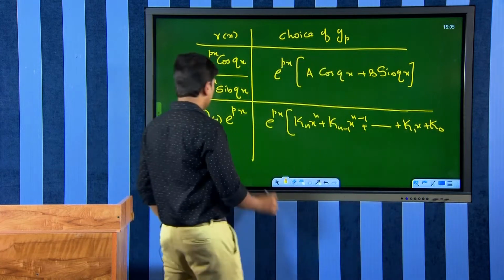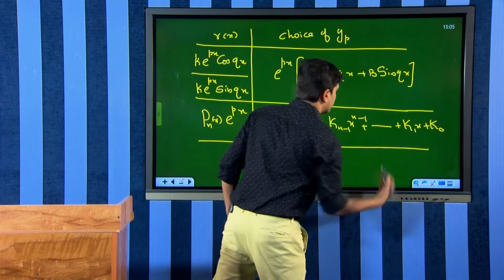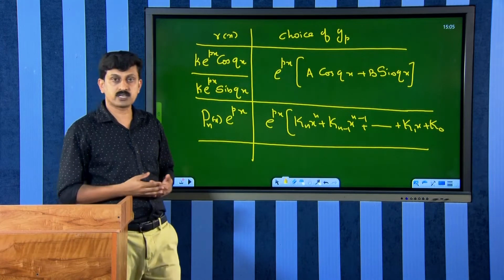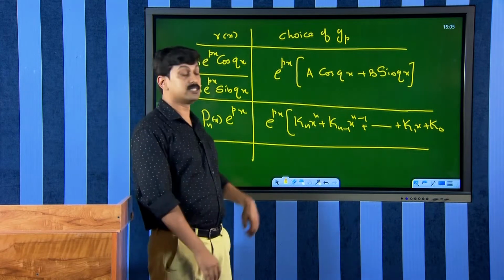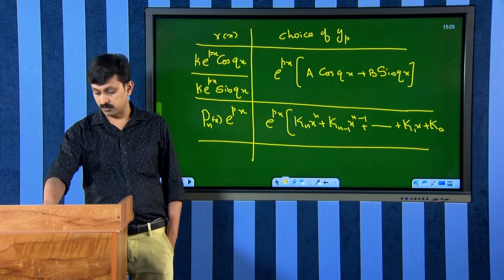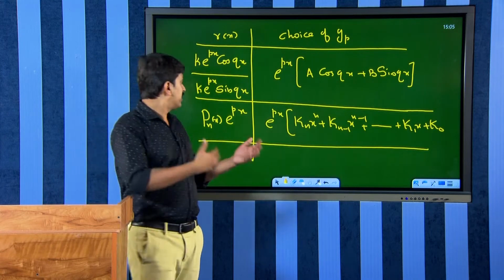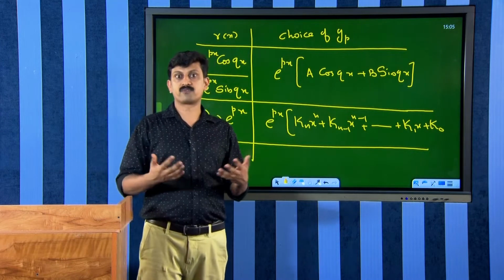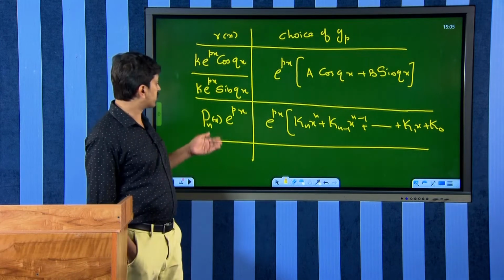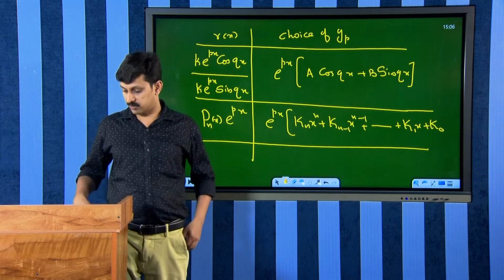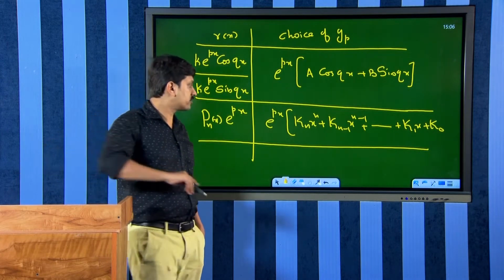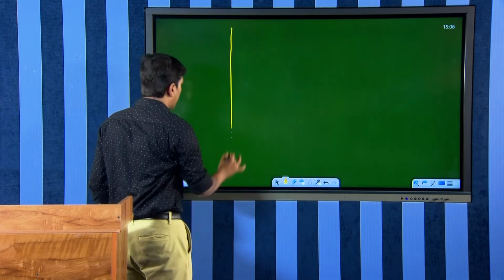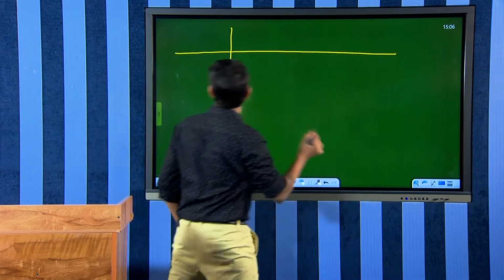Fine. And finally, we discussed the combination of the exponential function and trigonometric function, and the combination of the exponential function and polynomial function. Maybe there is a chance that r of x is a product of three choices: the exponential function, polynomial function and a trigonometric function. In that case, how will it be? See, dear students, maybe r of x is